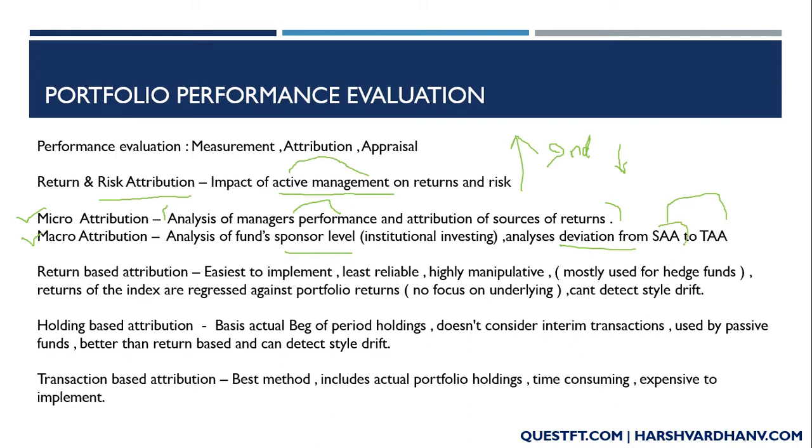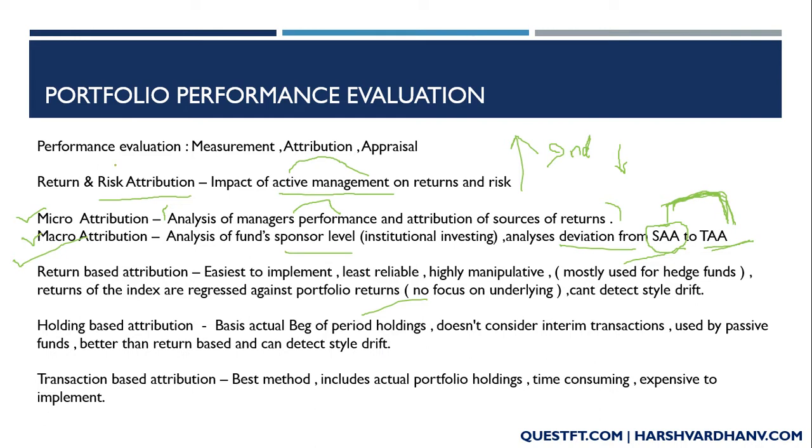SAA is the strategic asset allocation. Suppose you look for a fund house, say JP Morgan fund or say Mirae Asset Fund. At the fund house level, at the institutional level, there will be some strategic asset allocation that they must have decided. And due to the market conditions, they must have shifted their investments to current cyclical products or commodities or those kinds of stocks which will benefit them. So this allows you to see the deviation from the strategic asset allocation, what the current deviation is, and analyze the reasons for that.